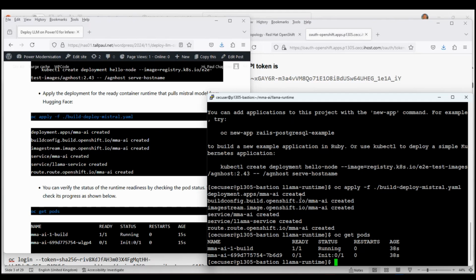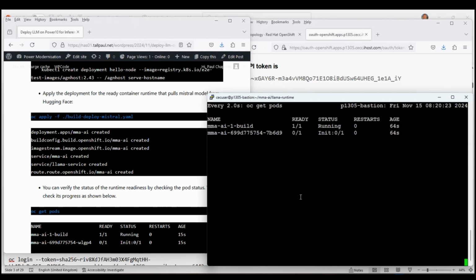MMA build, and that's what's running at the moment. So it's actually going through and getting the source, compiling it, creating it, and then it's going to create the MMA AI container underneath. As I say, this is going to take about 4 minutes. If I do a watch on OC get pods, then it'll just check it every couple of seconds, and when it's ready, in about 3 minutes time, the top one that says running at the moment will go to complete,